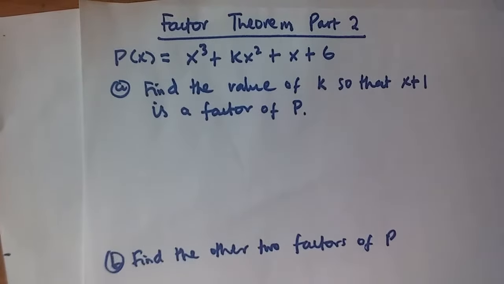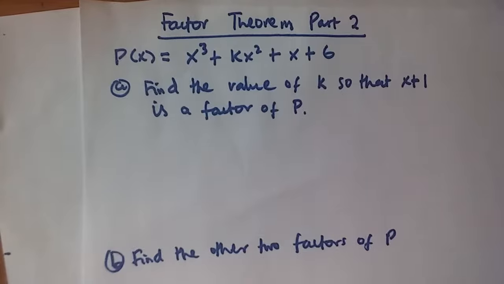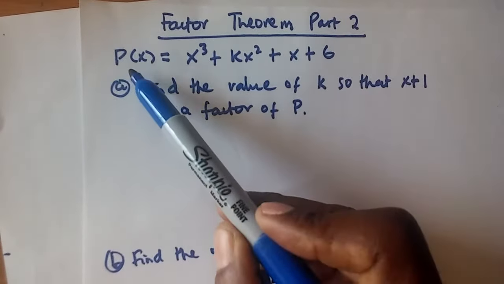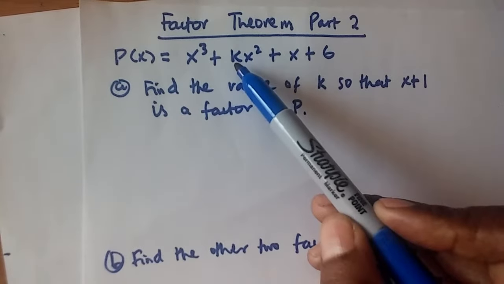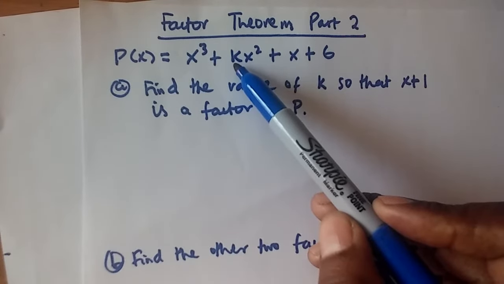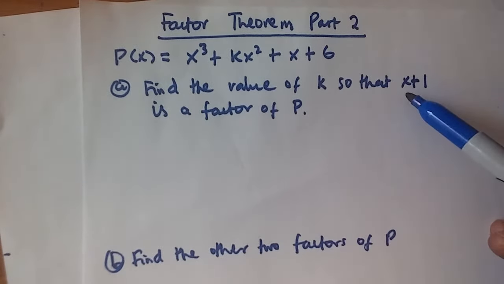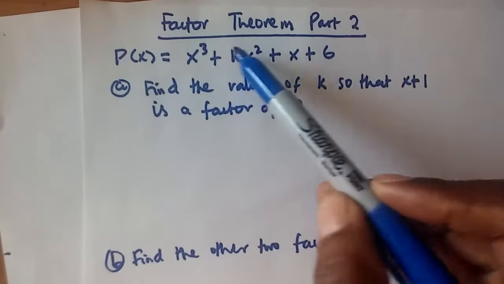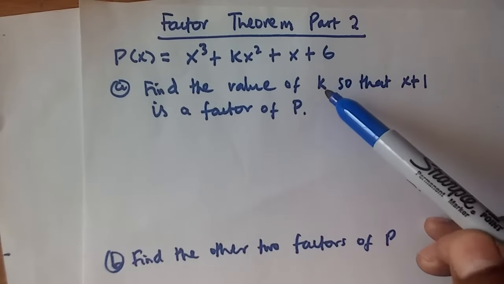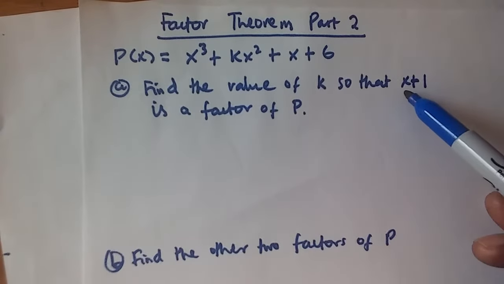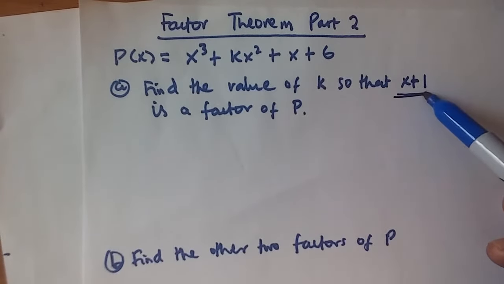There is a question as a follow-up to factor theorem, so I'm going to call it factor theorem part 2. I'm given a polynomial where one of the coefficients is missing. We don't know what it is, but we know that x plus 1 is a factor of this polynomial. Our job is to find the value of k so that x plus 1 will be a factor of